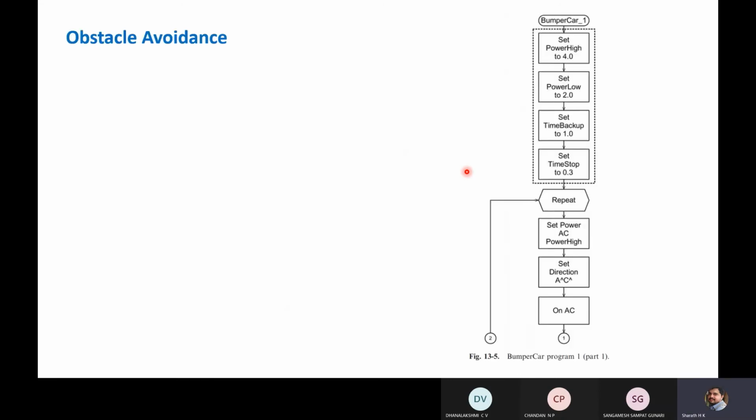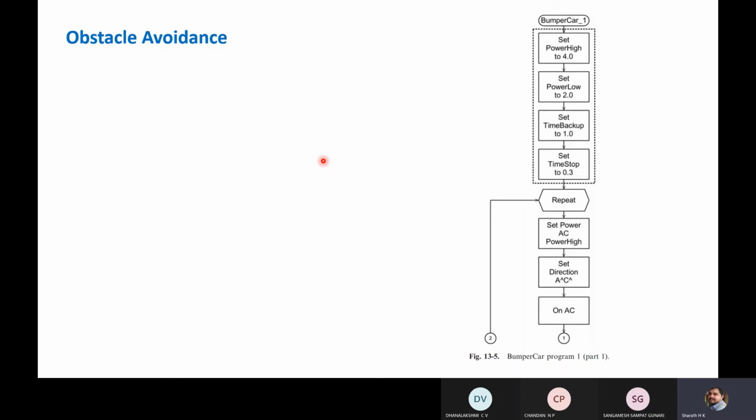Next, there is one more approach, obstacle avoidance. When the robot moves for a particular duration or for a given distance, it can encounter obstacles, so you can program for that. When it encounters an obstacle, it may stop and give a signal in terms of sound. There may be a beep sound or an alarm. Like that you can do programming.